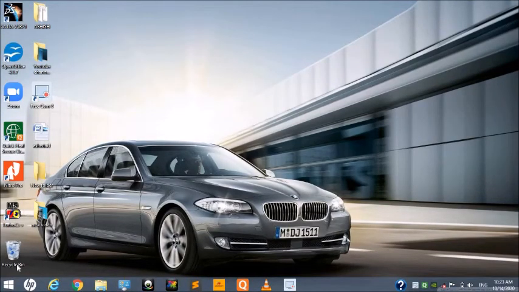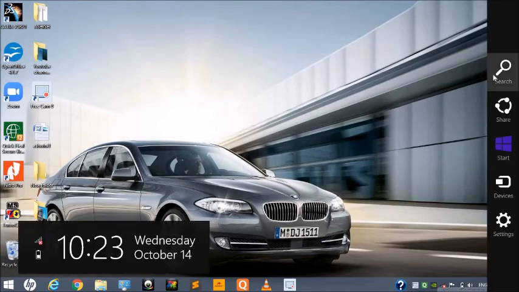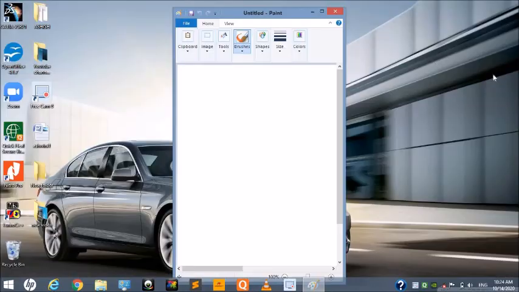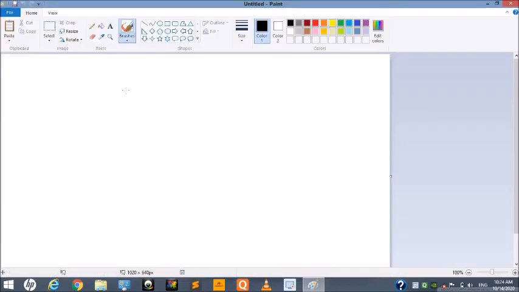So next is using the paint drawing as a wallpaper. So first you have to open the Paint program, search it, enter. So this is our Paint window.